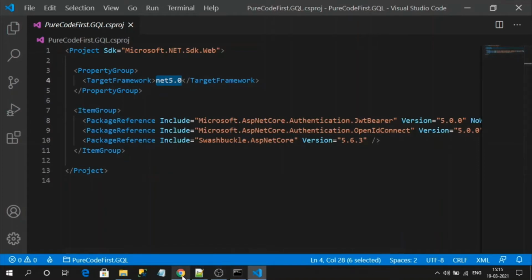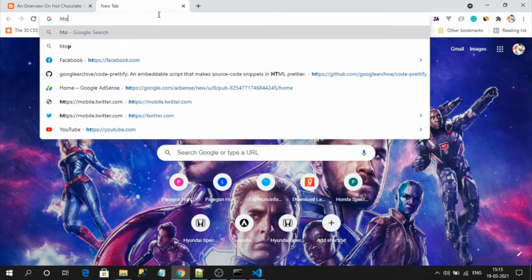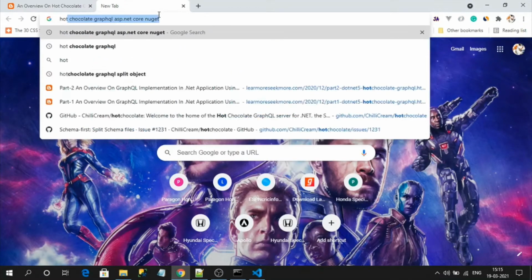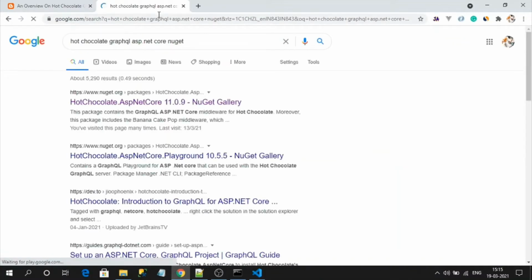Now I need to install the Hot Chocolate library into our Web API project. I need to search for HotChocolate.AspNetCore on NuGet. You can see a couple of other NuGet packages with Hot Chocolate. If you are working with .NET Core 3.1, .NET 5 or .NET Core 2.1, please make sure to use HotChocolate.AspNetCore.